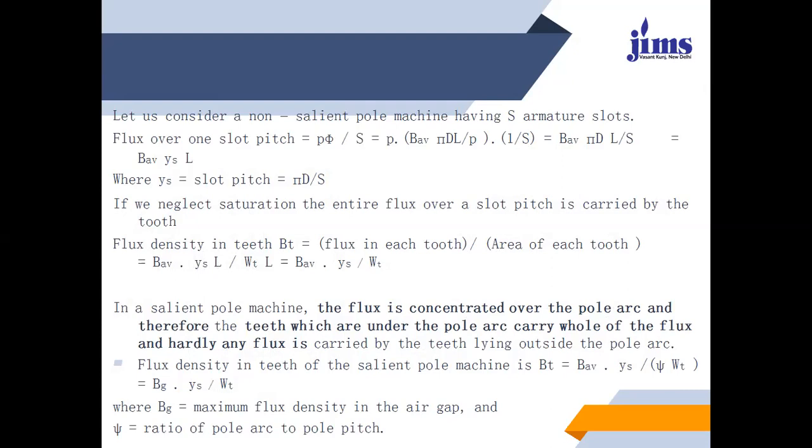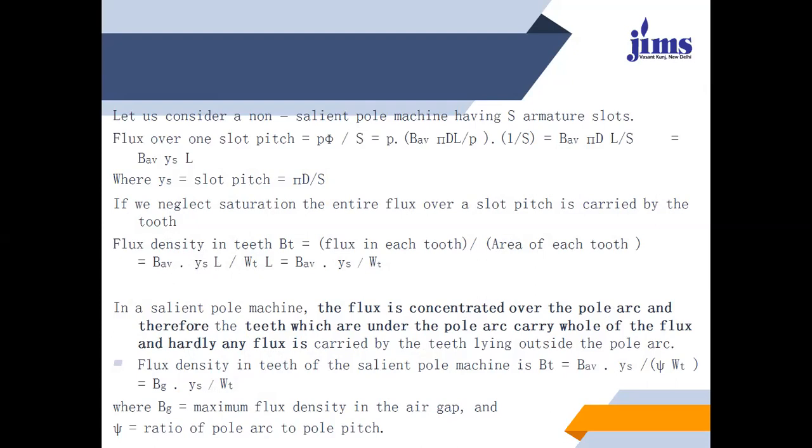So this will become our B average times Ys upon W. In a salient pole type machine, the flux is concentrated over the pole arc, and therefore the teeth which are under the pole arc carry the whole of the flux, and hardly any flux is carried by the teeth lying outside the pole arc. So the flux density in teeth of the salient pole machine is Bt equal to B average times Ys upon xi of Wt,